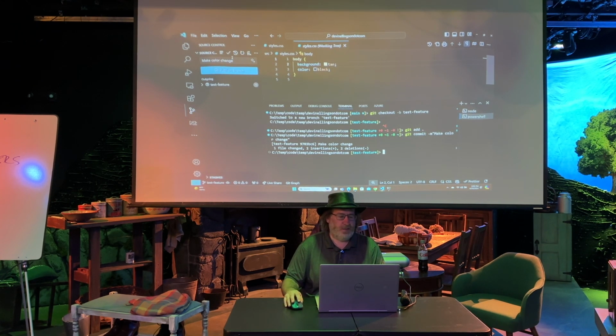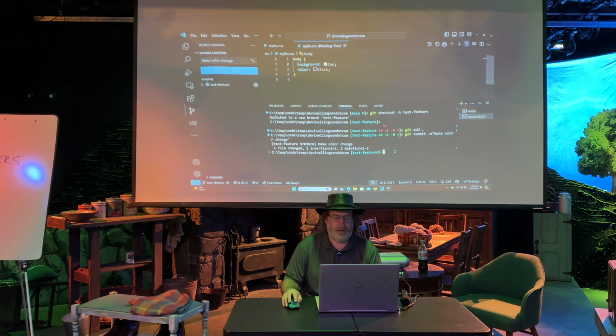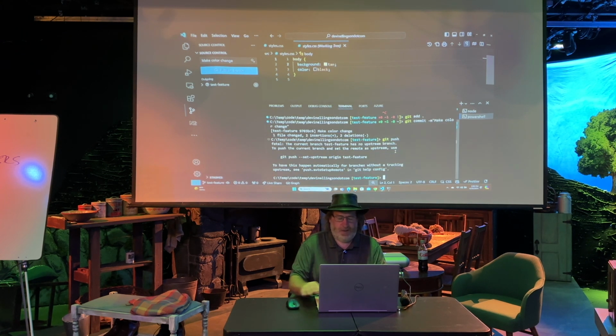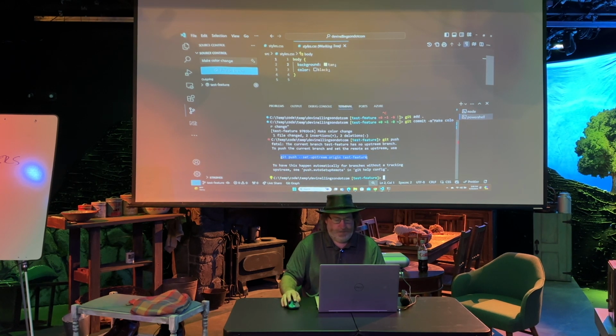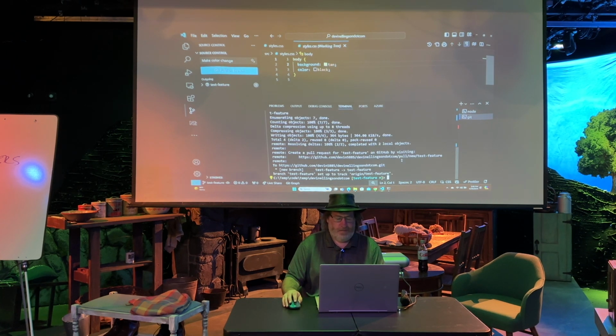You could, like I said, also do this from the editor. This branch that we created is not on the server yet. I don't remember the exact command to publish a branch from the command line, but the nice thing is Git will be nice enough to tell us. Git push upstream origin. What pushing does is it basically takes the commits that we made and pushes them up to the server. Very good. So now if we go to GitHub,